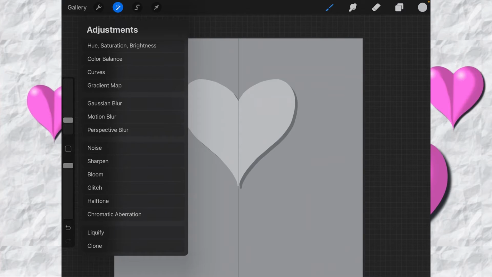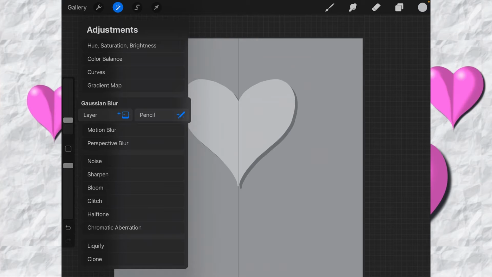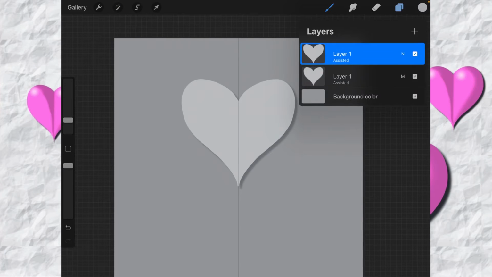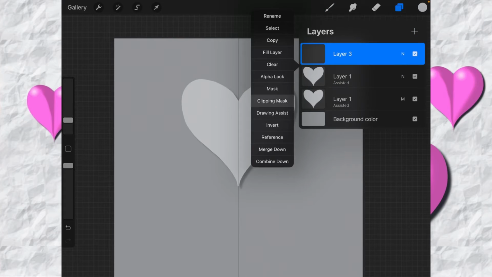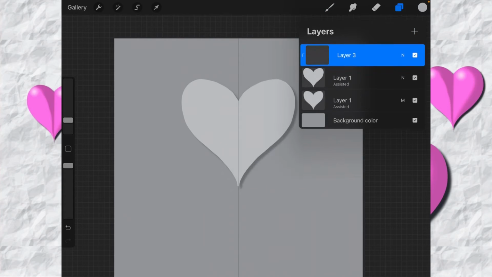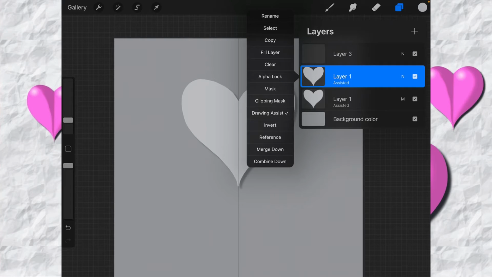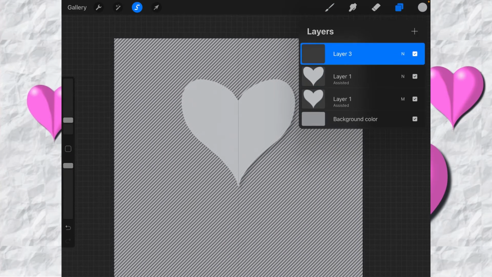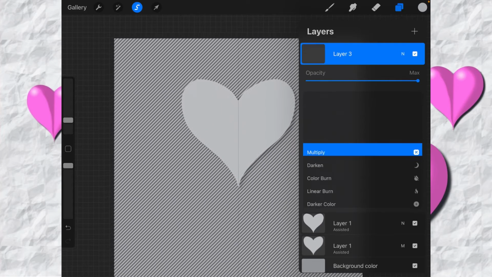And then we're going to blur it just slightly to make it look more like a shadow. Now, ordinarily, I would do a clipping mask on this, but I'm actually going to use this in a design. So I'm going to click on layer 1 here, the middle one, and do a select. Then we go up a layer, and we're going to have this set to multiply,